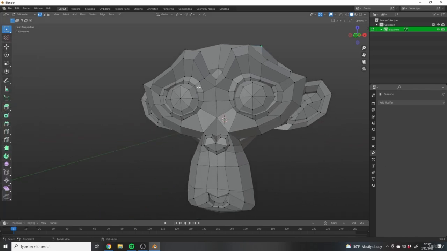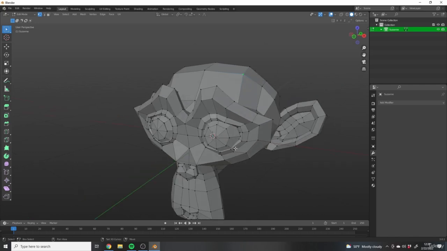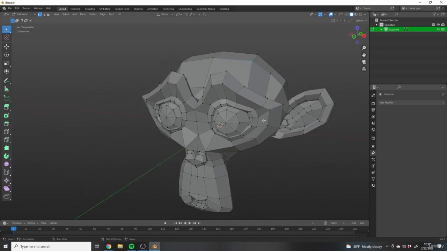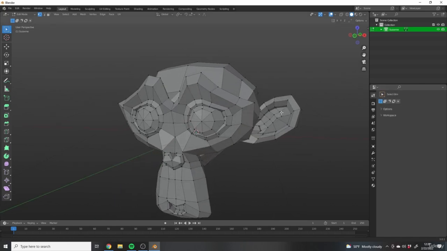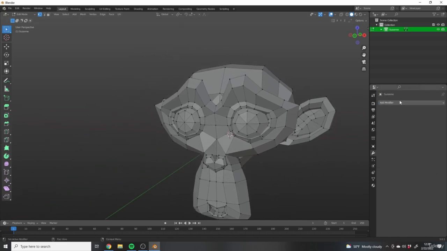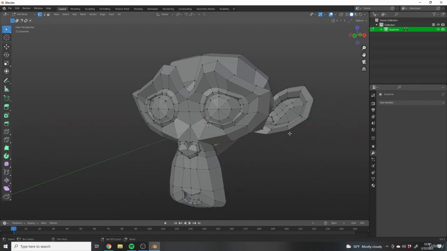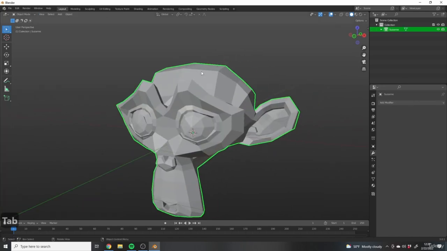So in order to smooth this mesh in a way that preserves the relatively few vertices that we have here, we're going to do this by adding a Subdivision Surface Modifier to our mesh. So the way to add any modifier is to come over here to the Properties panel, and we're going to select the Modifier Properties tab, which is this little wrench icon right here. Now, we briefly looked at this tab when we were going over the Blender interface, but now it is time to actually use it. So, with our object selected,